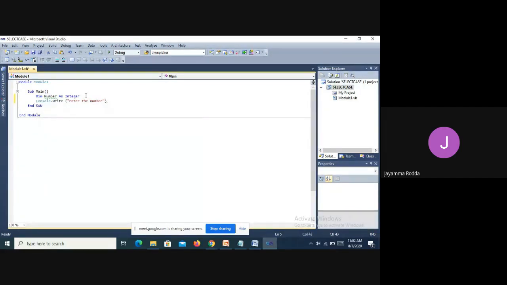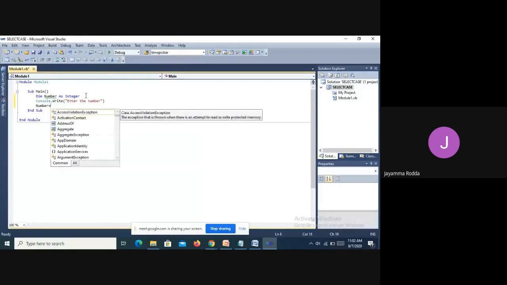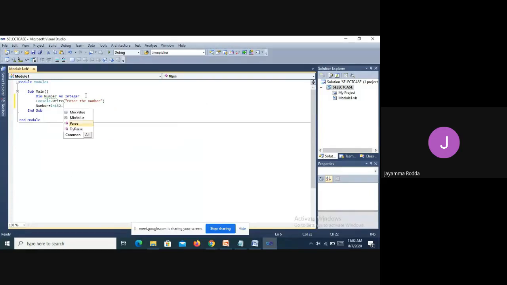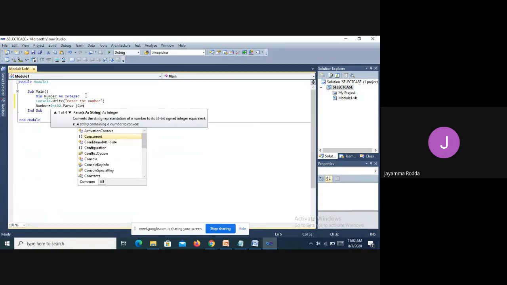Now again the same conversion process: number is equal to Int32.Parse(Console.ReadLine()).